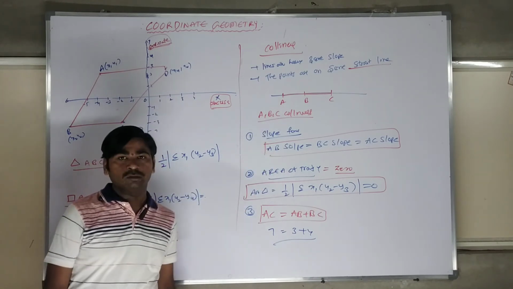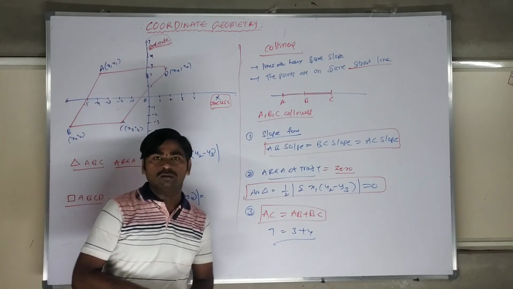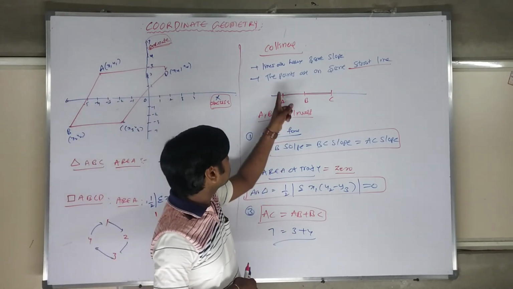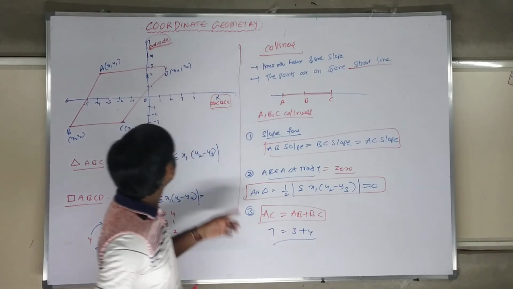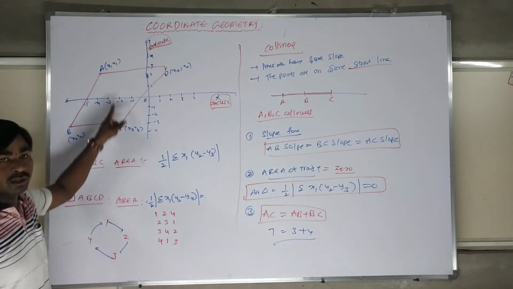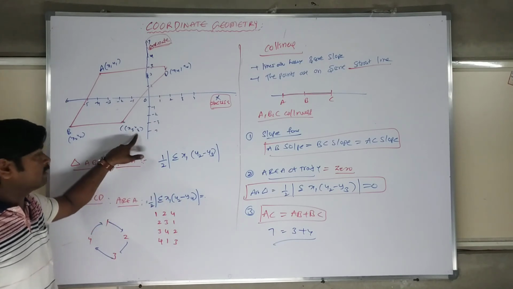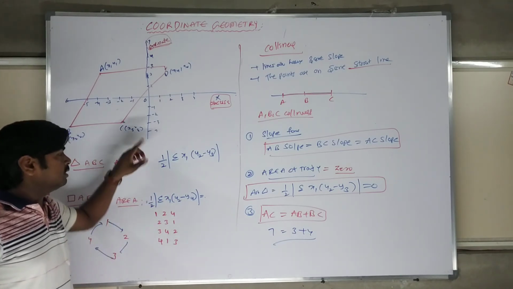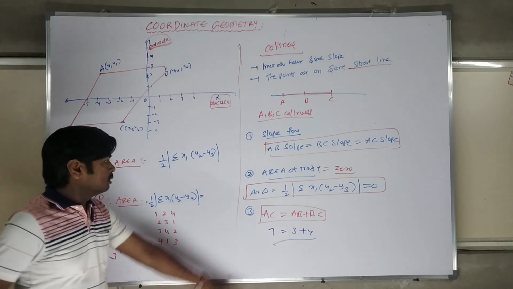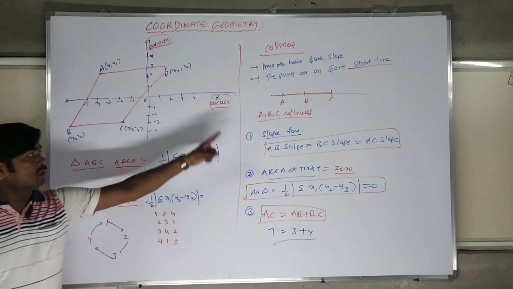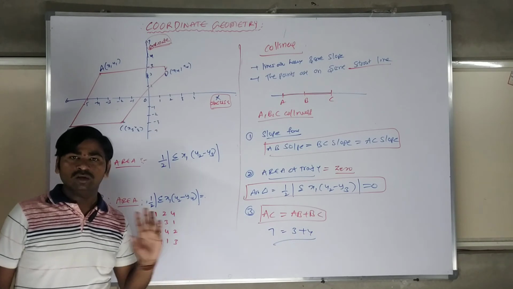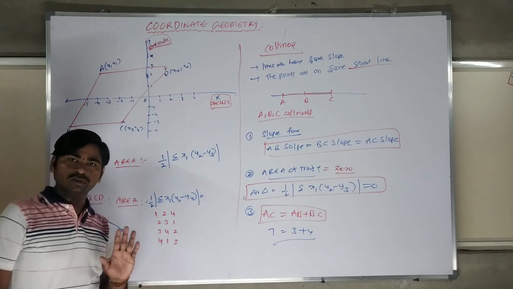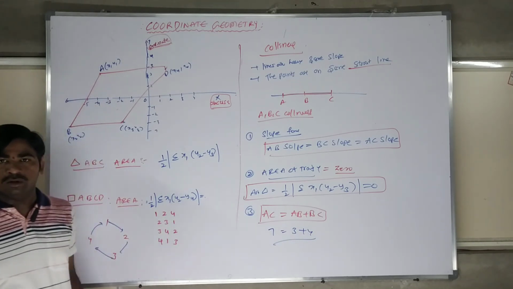This question will come. Sometimes the points are collinear and you have to find another point. They will give x1, y1, x2, y2, x3, y3. These 3 points are collinear. They will not provide x3 or y3 to find out. Substitute everything, because the unknown point is y3, equal to 0. Find out the unknown point. That question will come. This is checking by this or this or this. Whichever you are comfortable with, that only you can do. Options are yours. Depends on the content you can take.